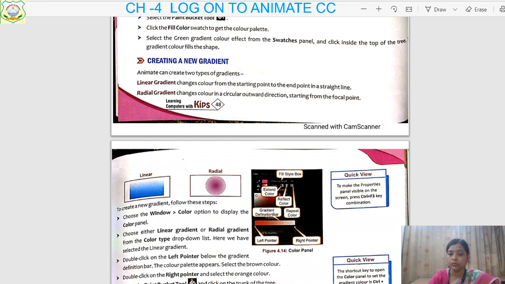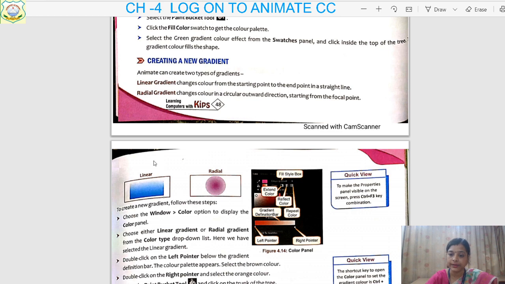I think those two points are clear to you, isn't it? We can use two types of gradient colors in our picture. We can fill them in a picture, either linear in a straight line, or in a circular way, that is radial.